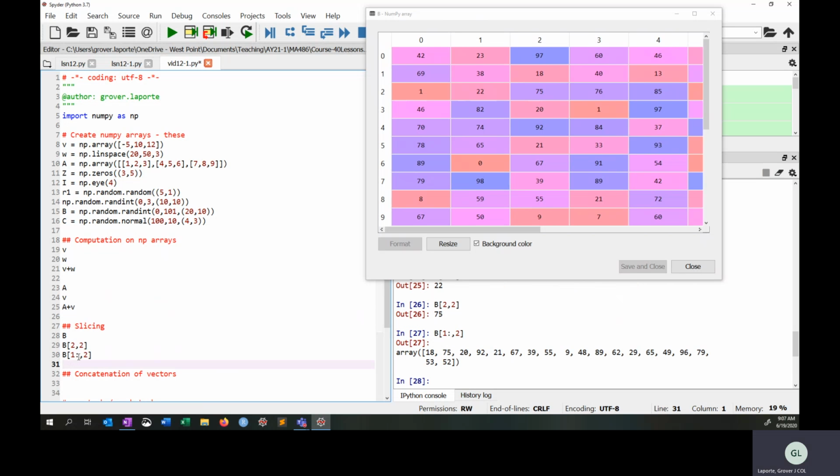So 1, everything to the end. So what does that mean? Row. So starting on row 1 and going all the way to the end of column 2. So go to column 2 and go to 1 and go all the way to the end. So 18, 75, 20. You can see those are the numbers that come out here, which is kind of cool